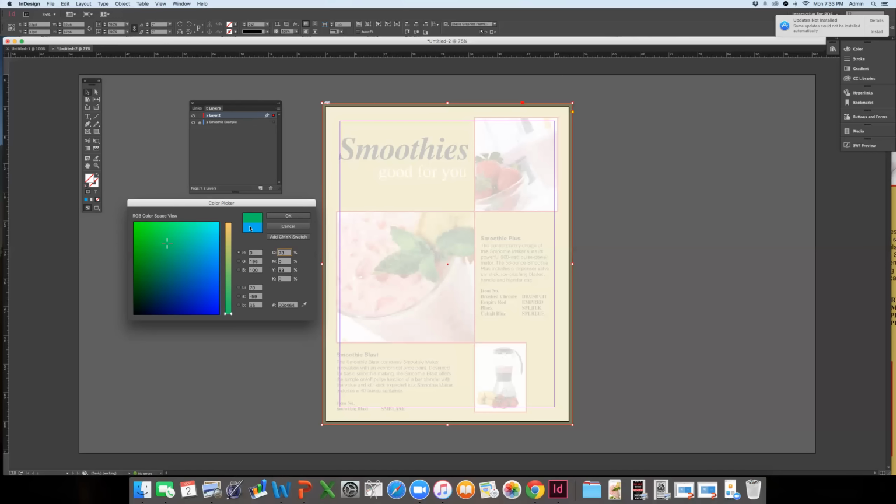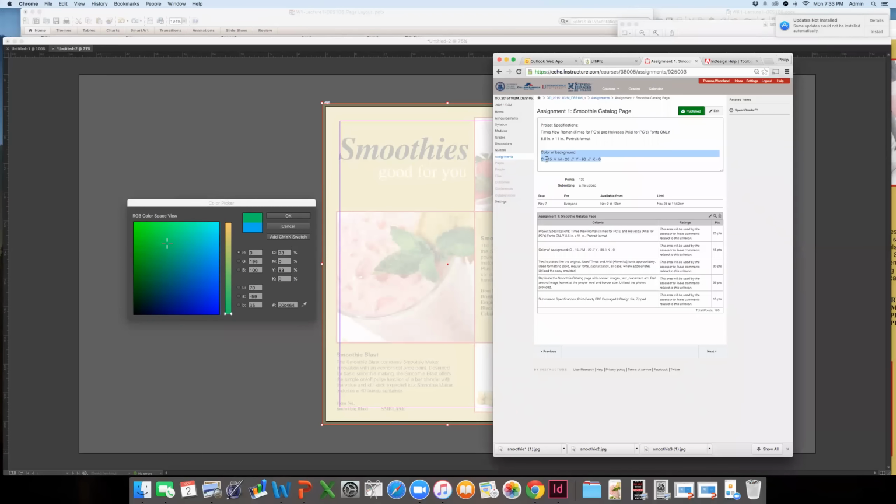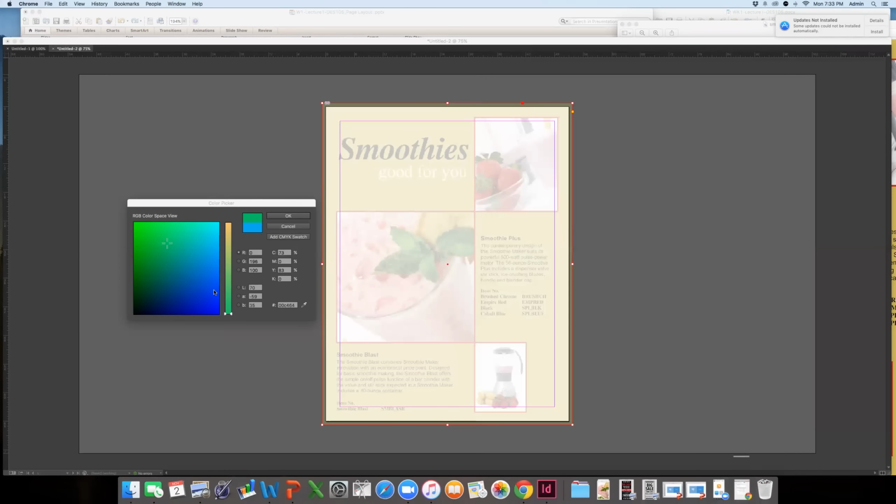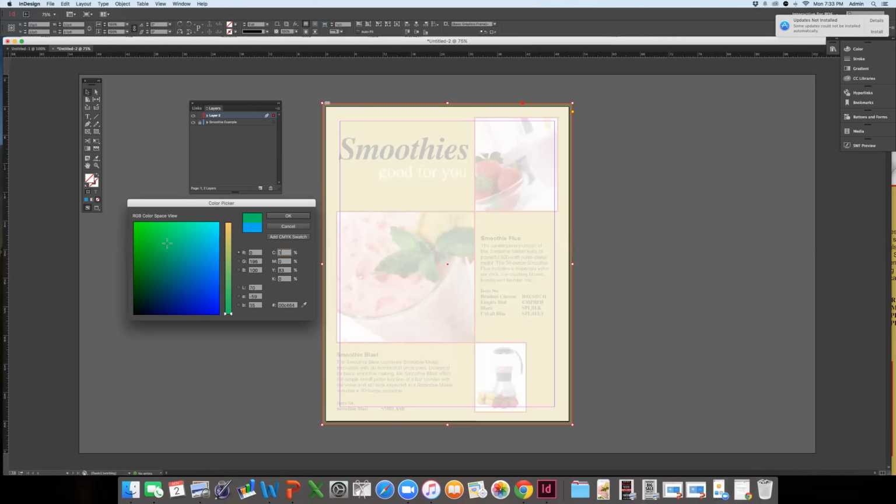If you have a specific CMYK value, you're welcome to manually enter it. For this assignment, we have been given one. So for that, let me pull up my... it's 15, 20, 80, 0. Okay, 15, 20,